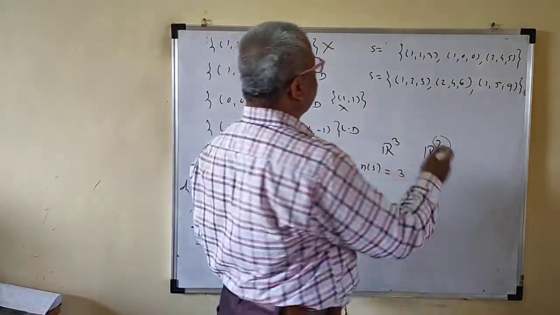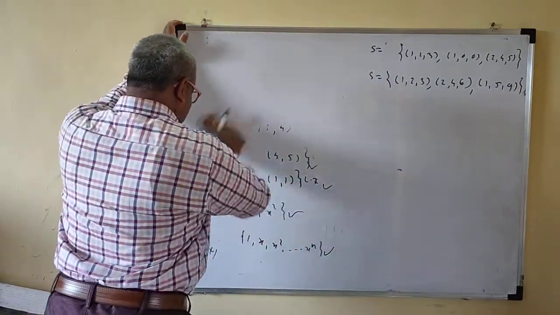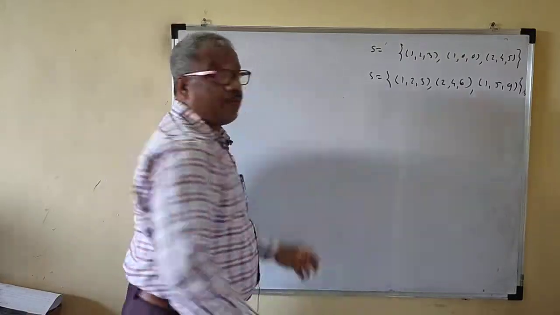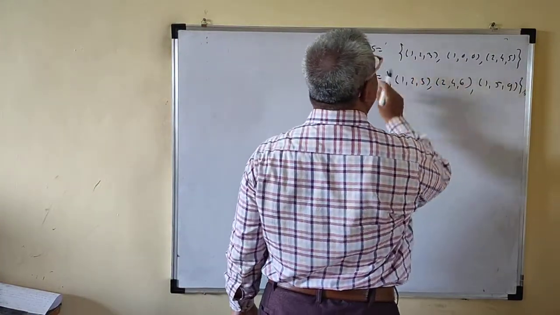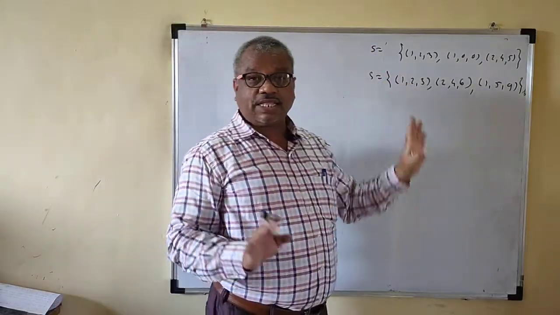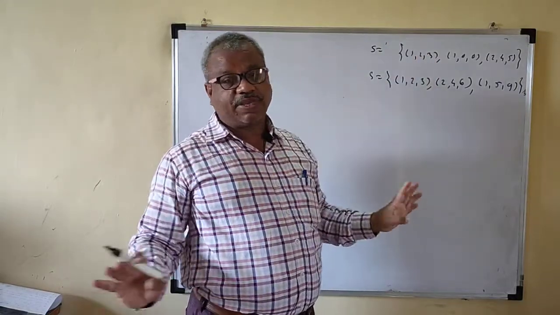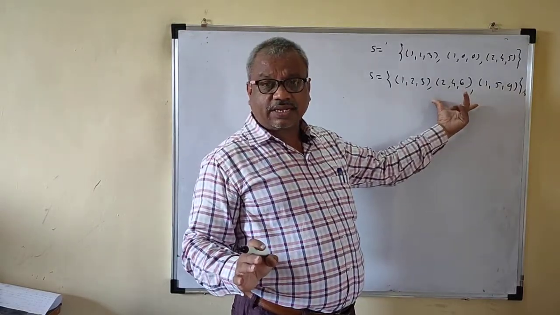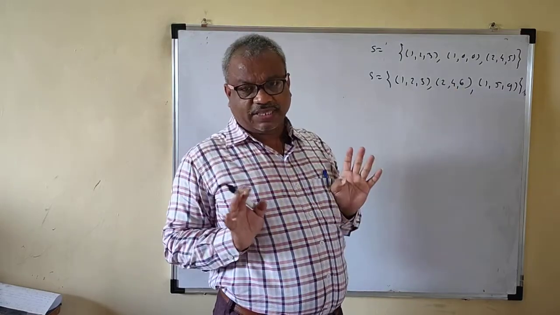Okay, what about this? Here we'll discuss these 2 sets. They are subsets of R3, both containing 3 vectors. So what happened here? We'll check. You cannot judge by observation whether this set is linearly independent or not. If it is linearly independent, then since it is a subset of R3 containing 3 vectors, it will be a basis.